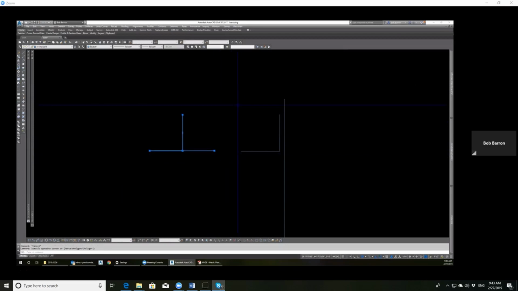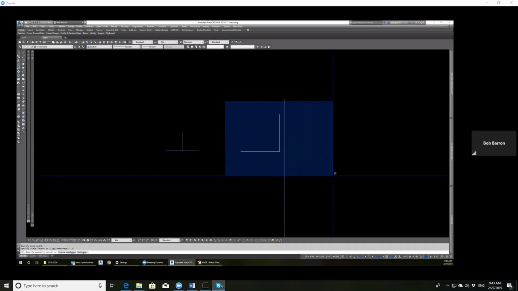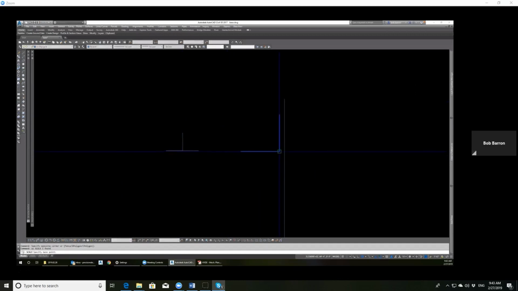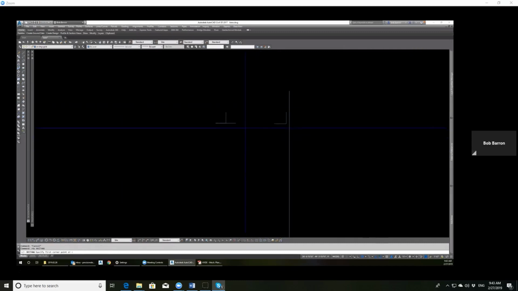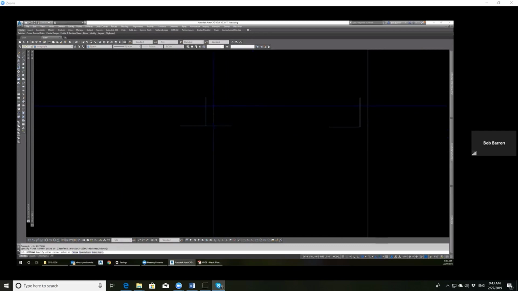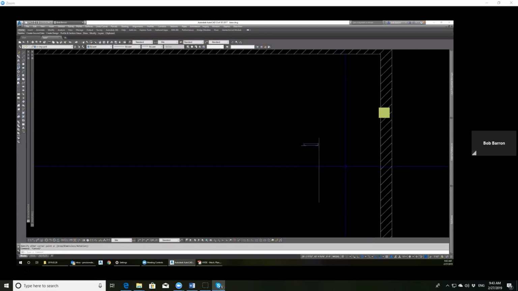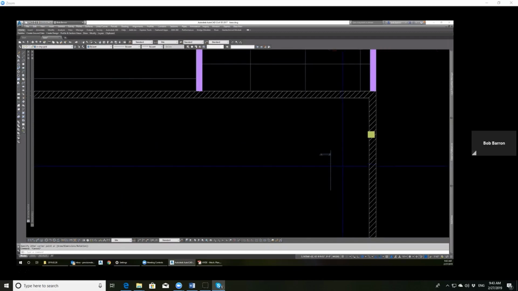You have a T-bar, and these are probably a little large, so let's do this. Yeah, 1.5 inches wide. Now you have a piece of T-bar in here that they can actually cut and lay into the grid. And over on the other side of the wall,